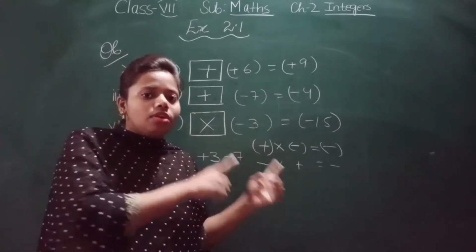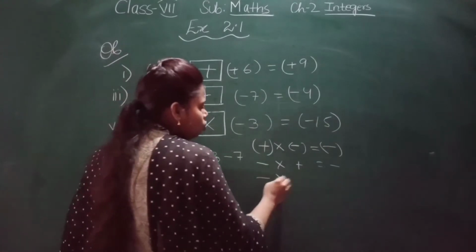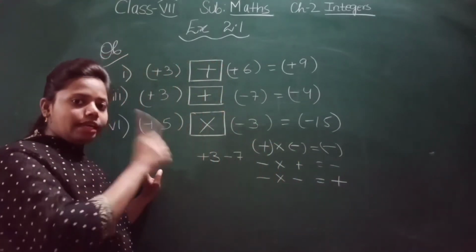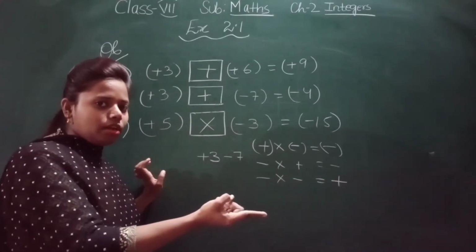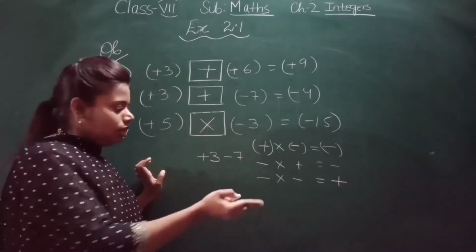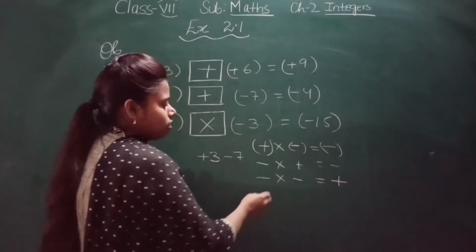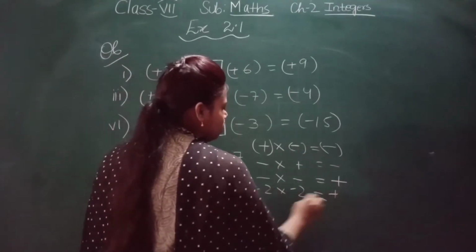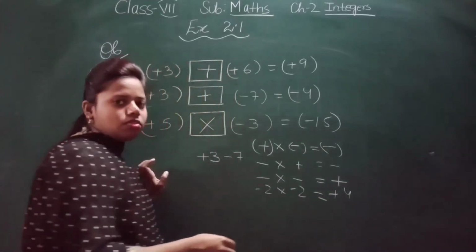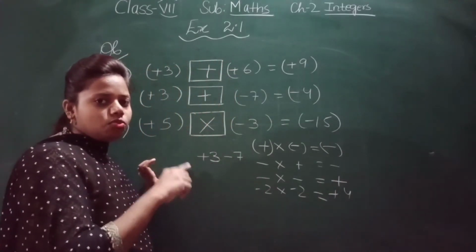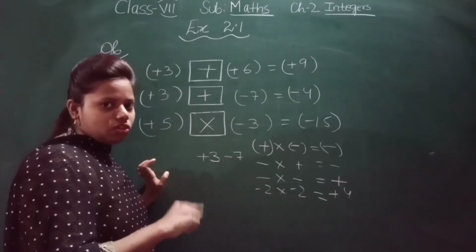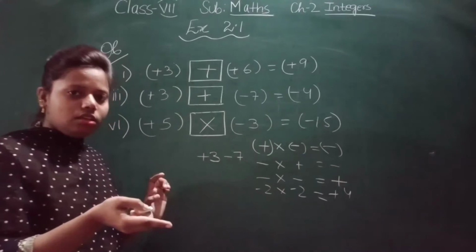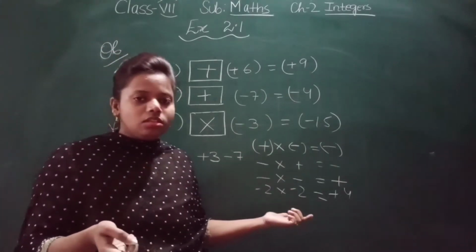Here what you will see, you will write that sign. Minus into minus, what you will write? Plus. Don't write a minus sign here. The addition property and the multiplication property of integers are different. So minus minus, what you will do? Plus, like minus 2 into minus 2. What will be the answer? Minus minus plus, 2 2s are 4. In this way. Okay. So don't get confused with the addition property and the multiplication property. They are different. Plus minus, in multiplication you have to write minus. Minus minus plus. Okay.